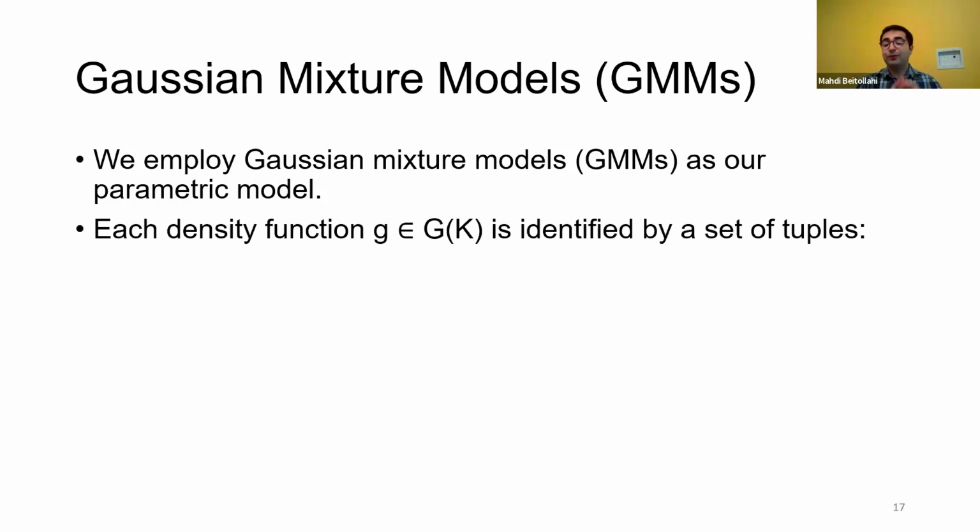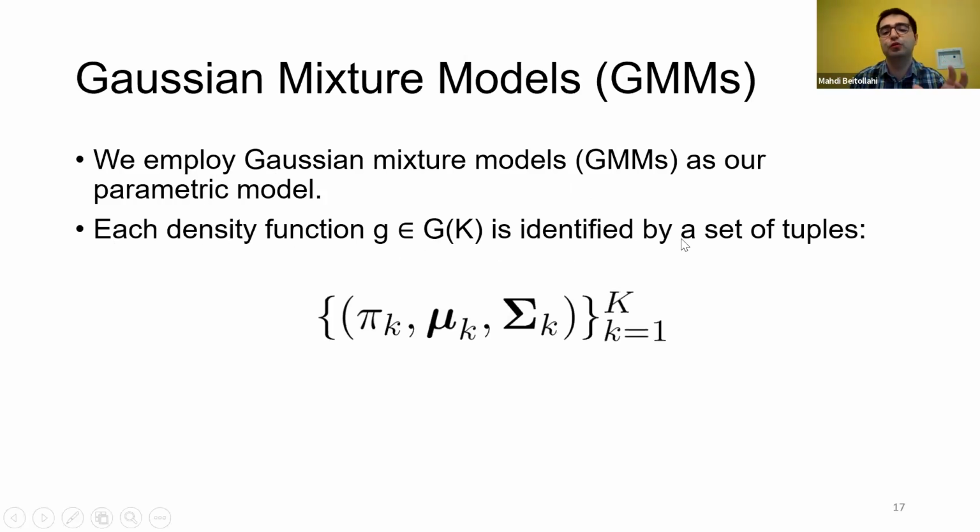So there won't be any math today, just very small bits. I show you why it's important to show here. We can represent each density function of a GMM by a set of tuples, right? These are the parameters that we are passing to the network. Here, pi is our mixture weight, mu is the mean of the Gaussians, sigma represents the covariance, and k represents the number of mixtures.